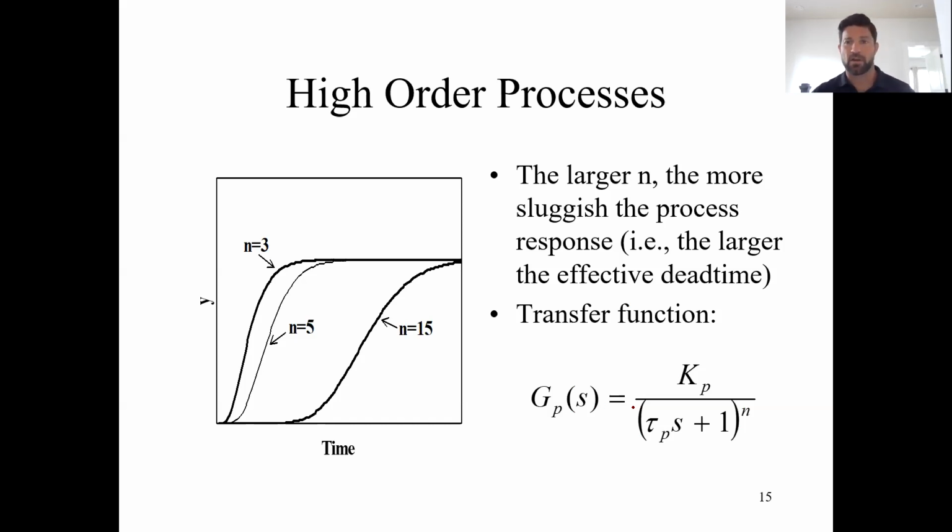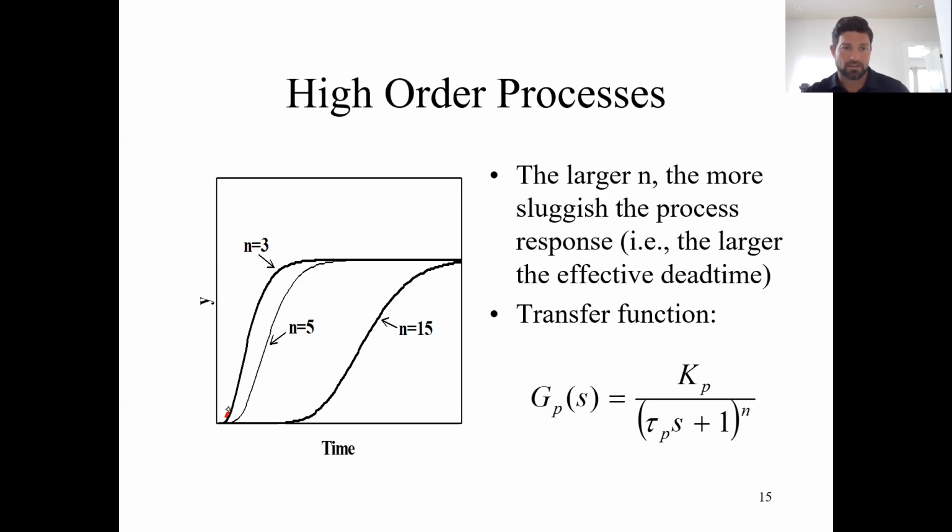So we can look at higher order processes. Anything higher than a second order process, we're going to treat a certain way. We're going to treat these as what's called first order plus dead time models. Again, these would be overdamped higher order processes. So for example, if n equals 3,